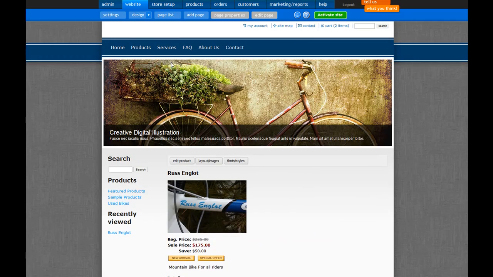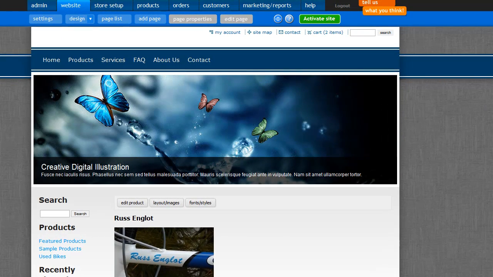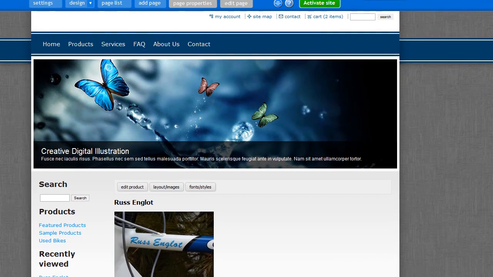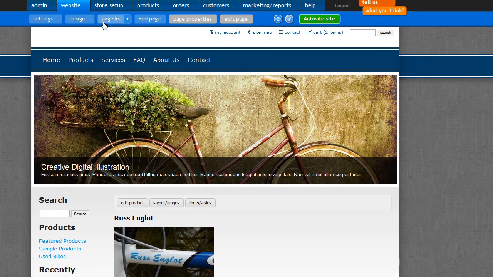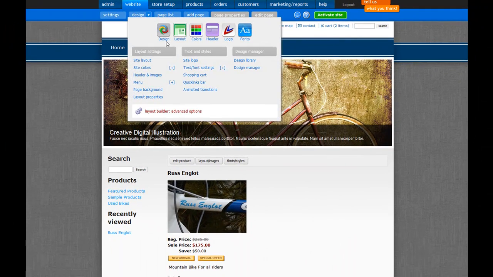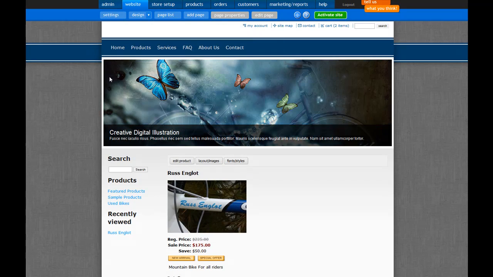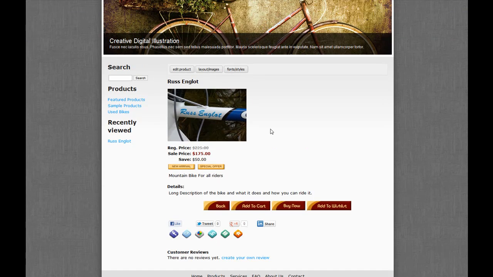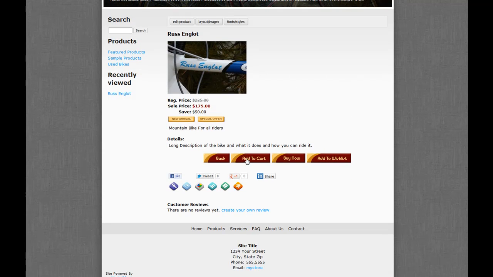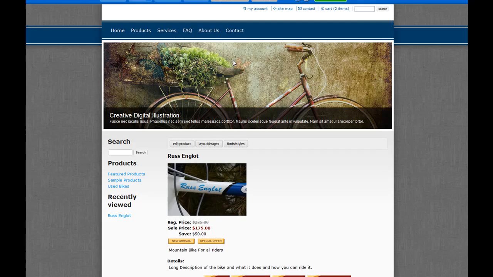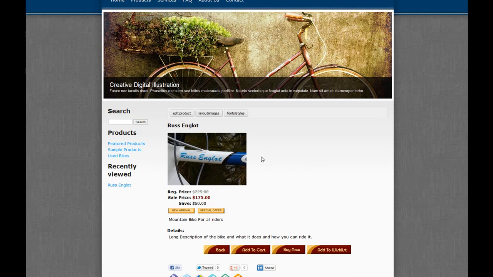Now, naturally, this is a blue colored website. You can change it to any color you want. And when you click here in this section to change the colors, you'll have multiple colors to choose from, so you can change these banners in this layout, or the colors of the layout. Now, this brown and tan and burgundy color does not necessarily match this website 100%, so you may want to